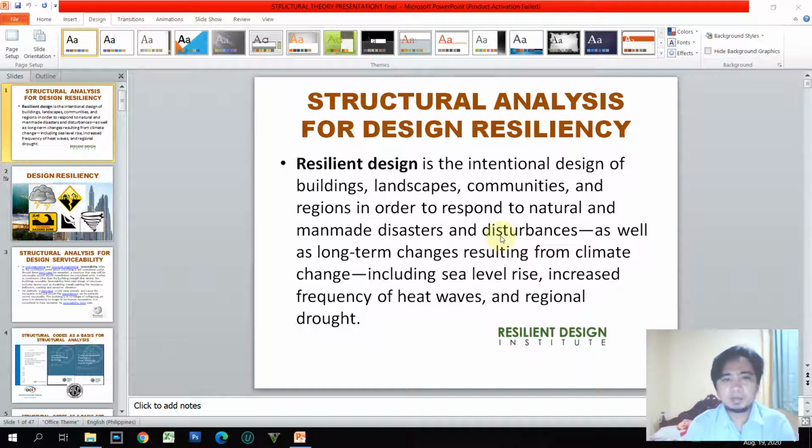So for the meantime, let us tackle the importance of structural analysis for design resiliency as well as design serviceability, and then we will proceed to the references relating to structural codes and what are the existing